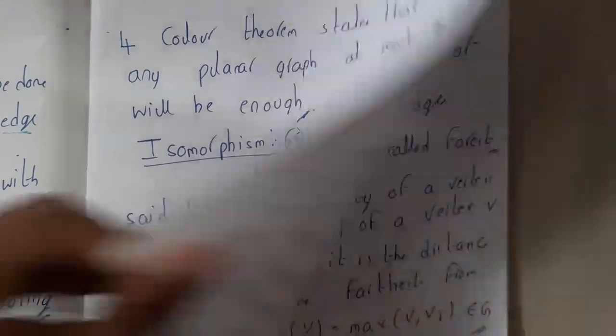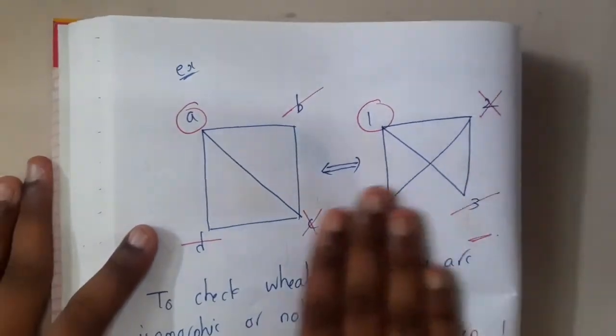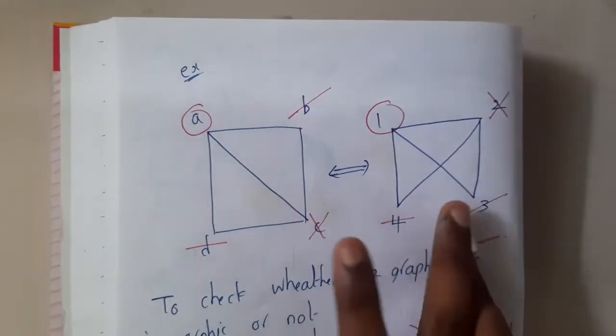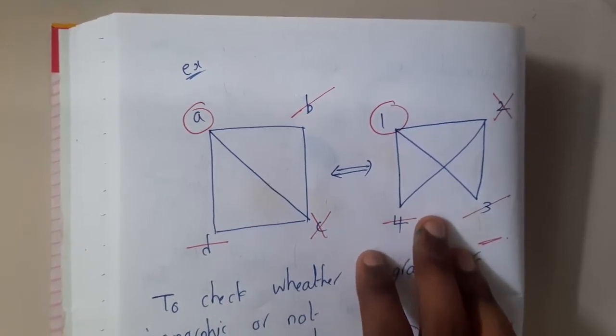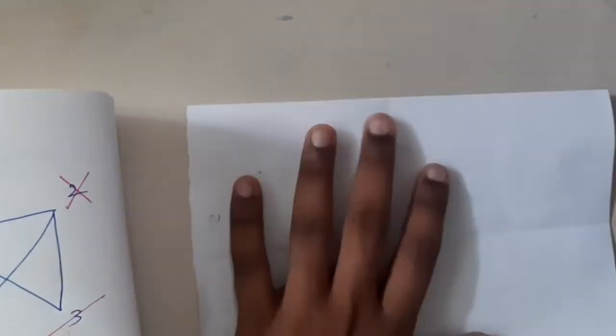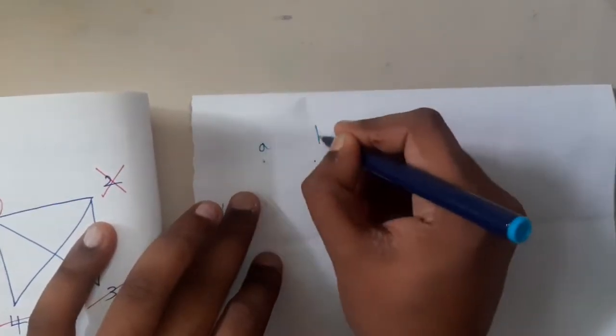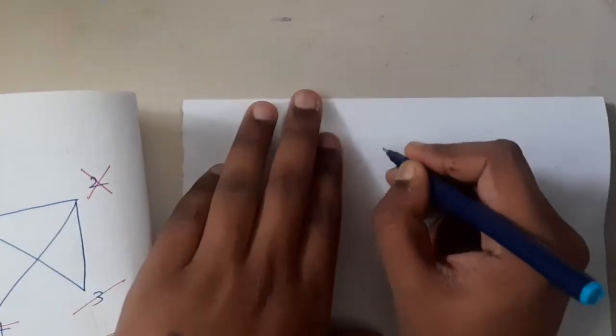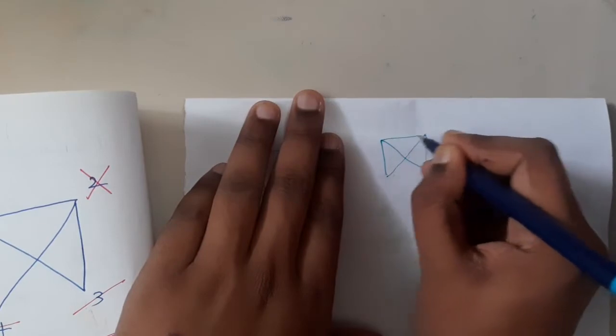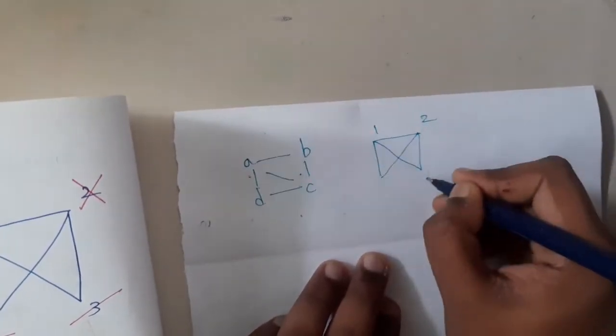Now let us go through this example. We are trying to say whether these two graphs are the same or different. The easiest method to verify it is to try to prove that they are wrong. The first step I follow is to take a piece of paper and analyze this as a GATE question, because in GATE there are around 5 to 10 questions directly on this topic. We should be 100% perfect with this topic. I'll be covering all PYQs, so don't worry. This is the graph and we are going to compare it with this graph, with vertices 1, 2, 3 and 4.